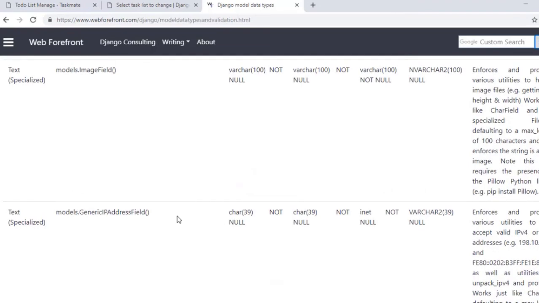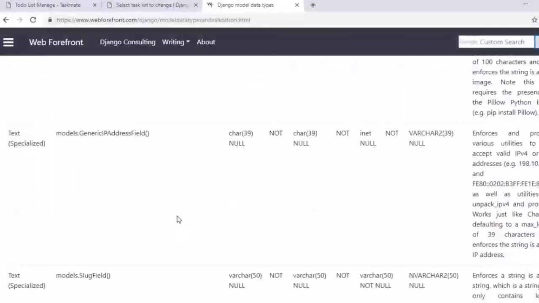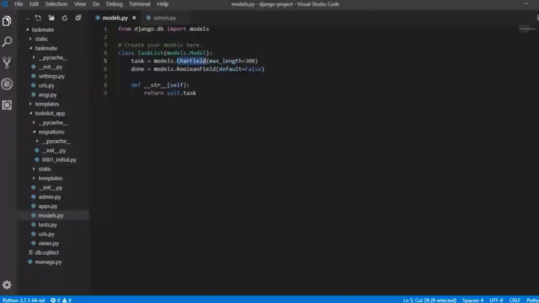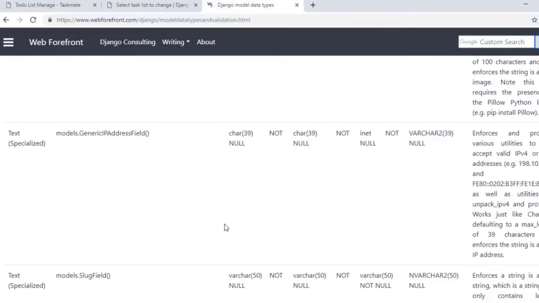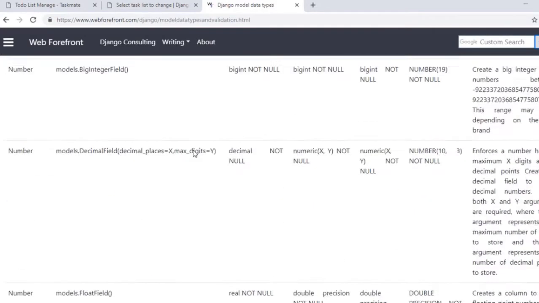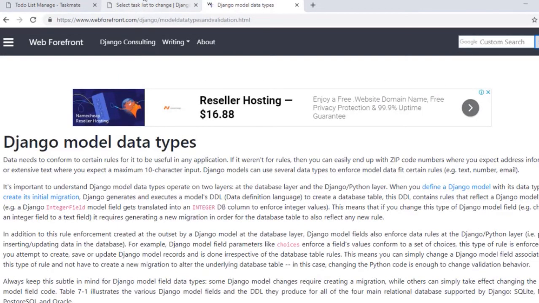What is the advantage of these data types? They have certain filters. So if I'm using a data type for email, it will have a certain filter automatically and I don't have to worry much. If I'm using a password field, I don't have to worry much regarding the minimum length, maximum length, different conditions like you need small alphabet, big alphabet, numbers, special symbols, and all the other things would be taken care of by Django. So that is the use of data types with models in Django. So I hope by now you understand about these data types. Do check them out and it would be really useful.